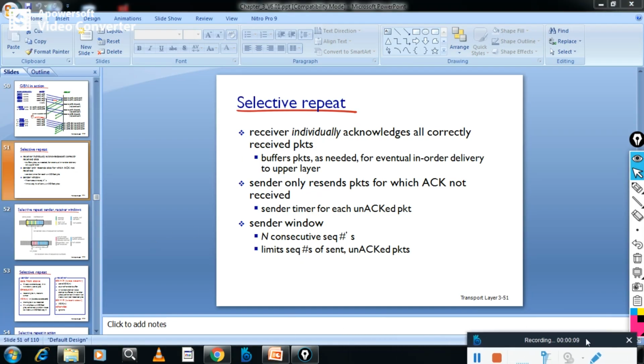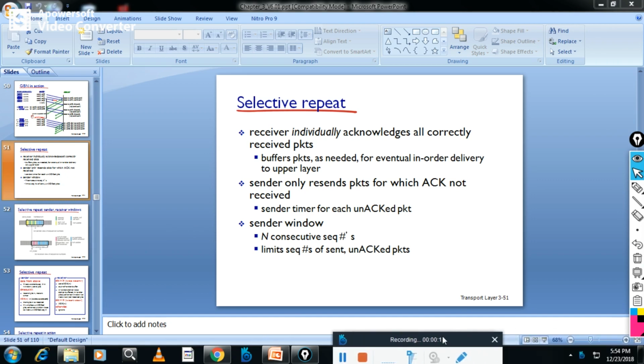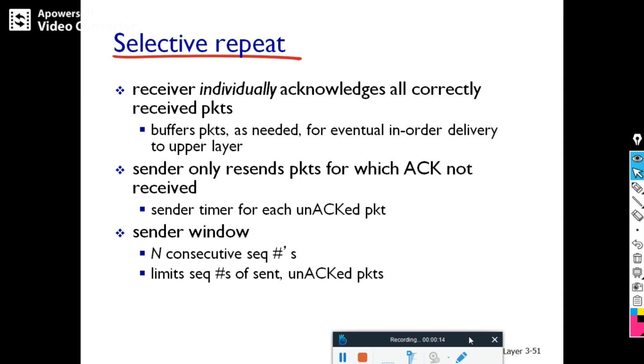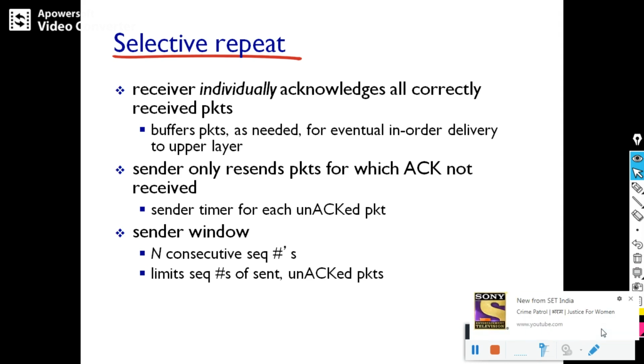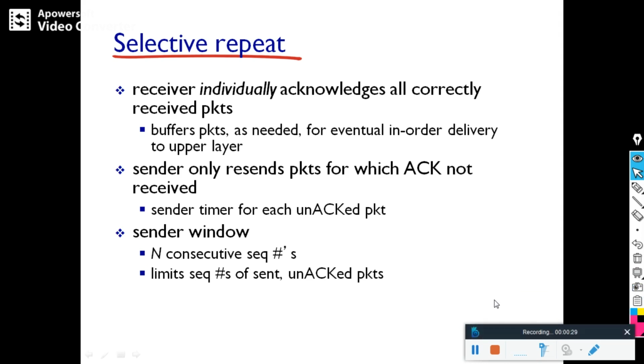In the last video, I covered the GBN protocol, that is Go-Back-N. The main reason we use that protocol is to fill the pipeline with packets, which avoids the channel utilization problems we noted with the stop and wait protocols. But